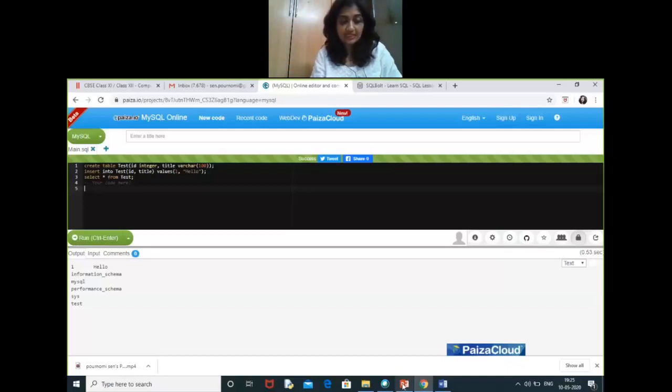Create table. I'm creating the table with the name student. The first attribute I am giving is ID, the data type is integer, and I am giving some additional information also, like I want this to be the primary key. We already know what a primary key is, so we are just writing primary key.